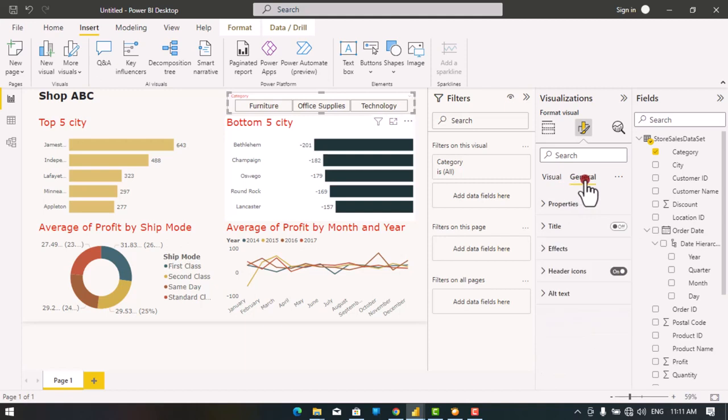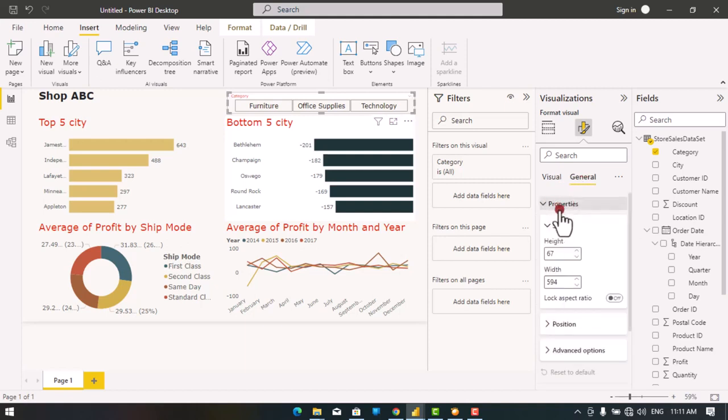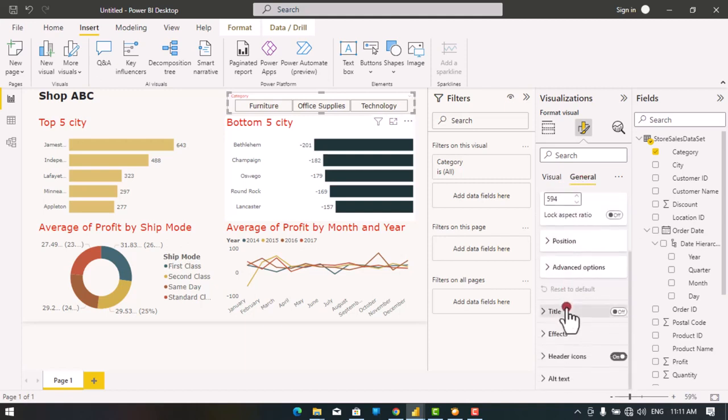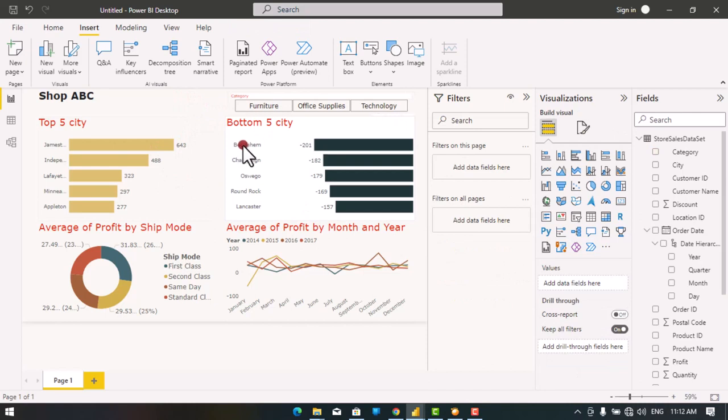Then if you come to general, you could see there are other properties you could also see from there. So now with this, I have my visualization pane set. All from this, I have set my slicer from the visualization pane. So in addition, we can also do some other